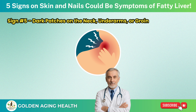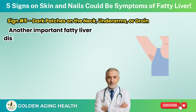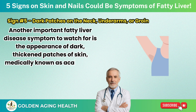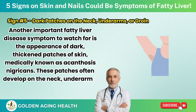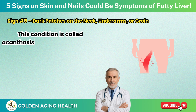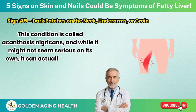Sign number 5. Dark patches on the neck, underarms, or groin. Another important fatty liver disease symptom to watch for is the appearance of dark, thickened patches of skin, medically known as Acanthosis nigricans. These patches often develop on the neck, underarms, or groin, and may feel velvety or rough to the touch. This condition is called Acanthosis nigricans, and while it might not seem serious on its own, it can